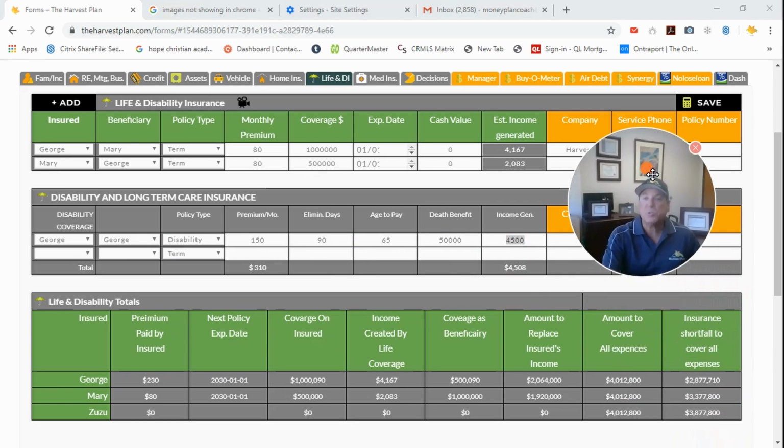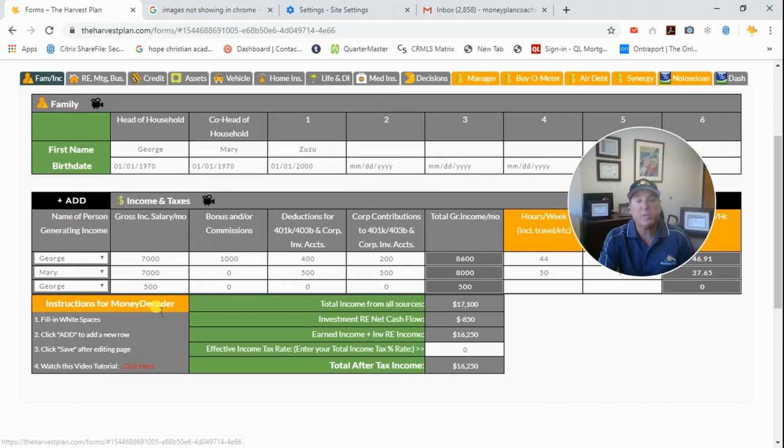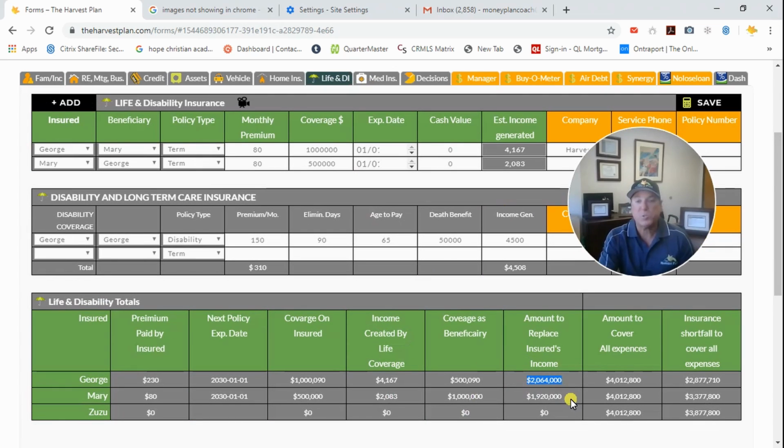Now, at the bottom section, it's going to give us all this great information, like I mentioned before, how much total coverage we have on each insured, how much coverage each beneficiary has. So George, if something happens to Mary, he's got $500,000 coming to him. How much income, how much the amount of life insurance would be required to fully cover George's income, based on the income that he put in here for all of George's income, and of course the same for Mary,